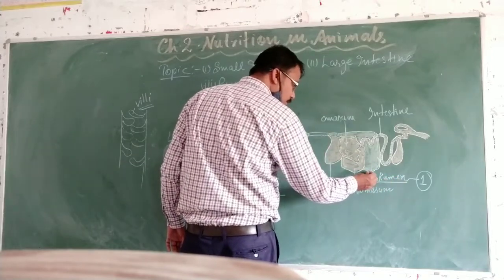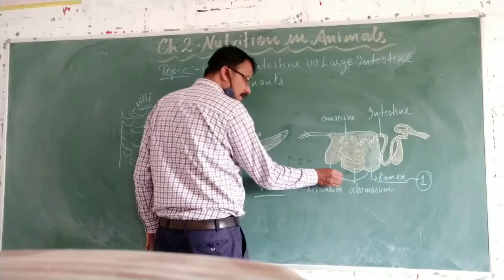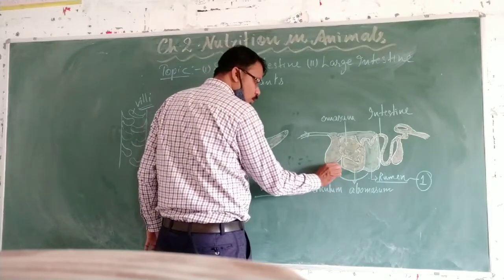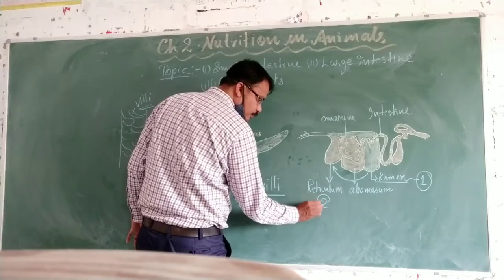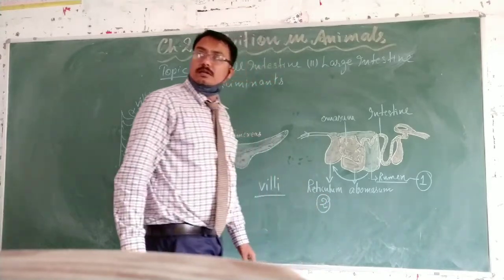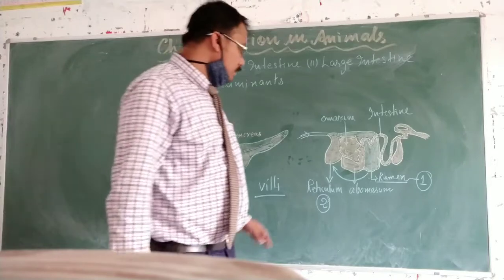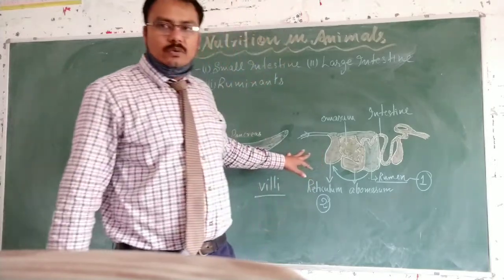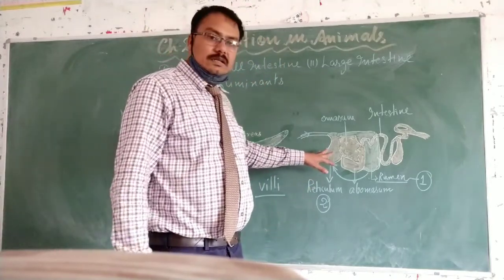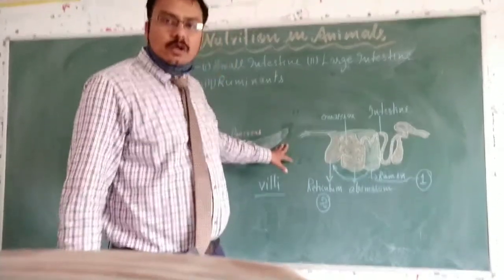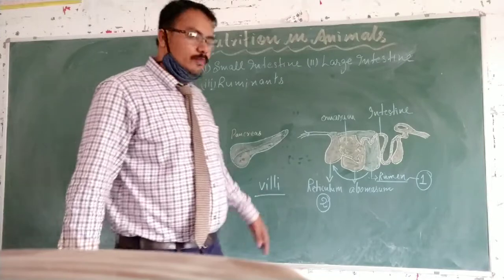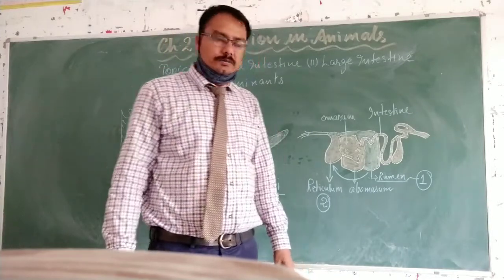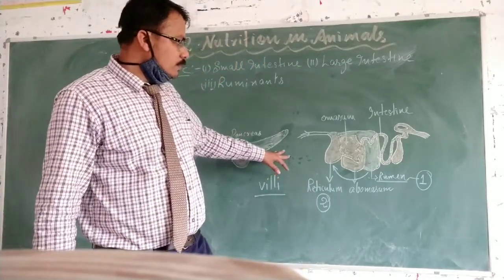From the rumen, the food is sent inside the reticulum. This is the second part. And from the reticulum, the food is then passed back to the mouth for further chewing, which we call the process of chewing the cud. So here you can see, students,